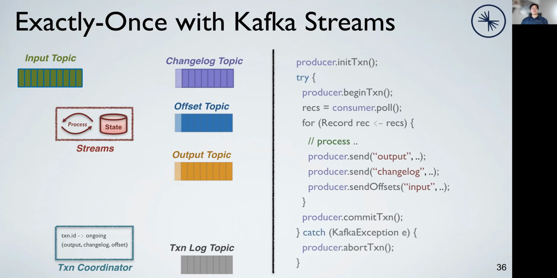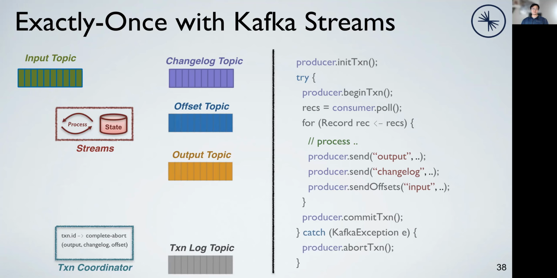In the other path, when there are any errors happening during the processing, Kafka Streams could also abort the current transaction following the same protocol. A prepare abort request will be sent, and a new entry will be appended to the transaction log, indicating that the transaction is now doomed to abort. And similarly, the coordinator would append an abort marker to all the registered partitions, indicating that all records appended before this marker by the corresponding producer are now aborted. Downstream consumers can hence skip those records when reading sequentially. After that, the transaction log can be updated again, updating the status to complete abort and ready for the next